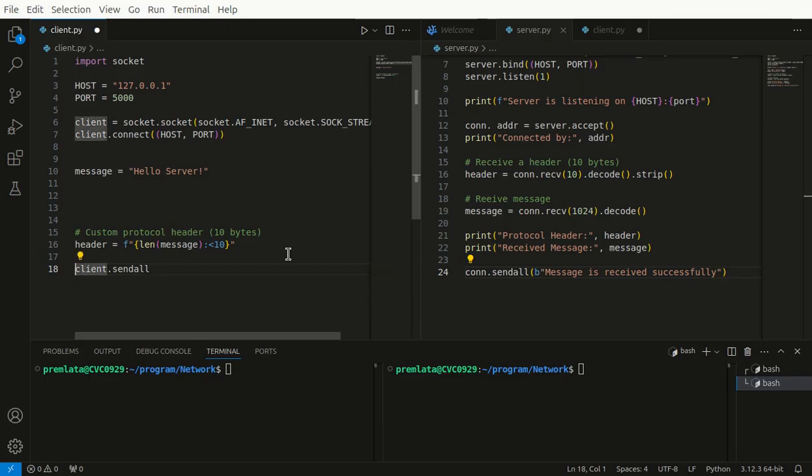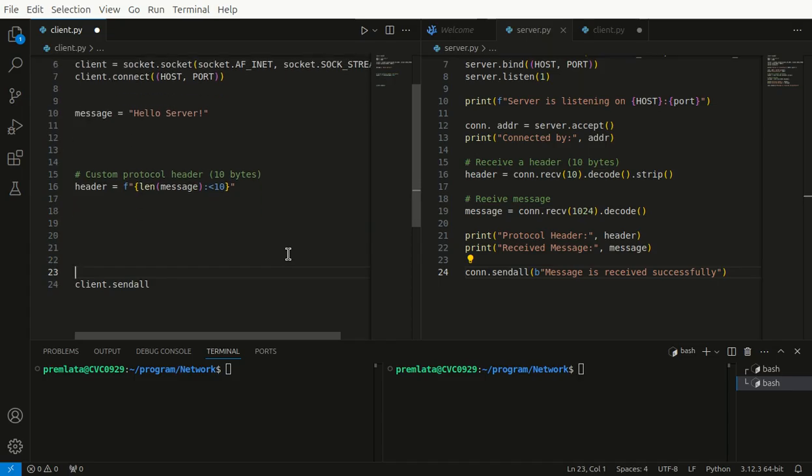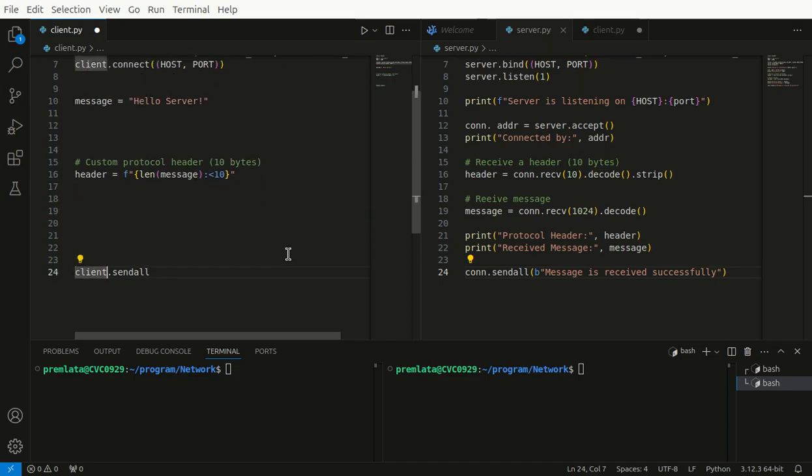Let's again match the line numbers if possible. 18, 24, I don't know. Let's see if I go to 24. Yeah. Now this 24, sendall here we are doing on the client. Ignore the spacing of lines in between for the moment. I'm just trying to align the correlations,